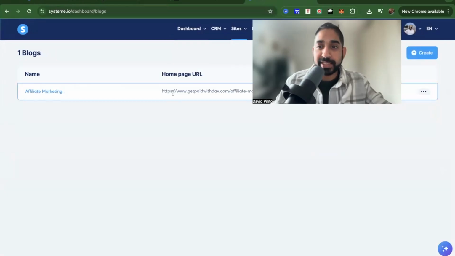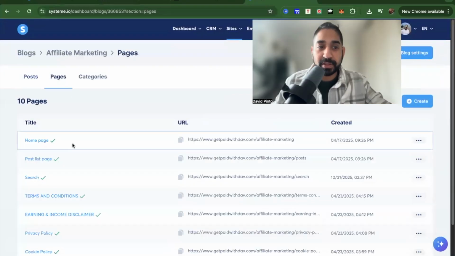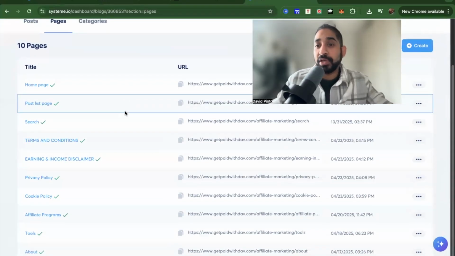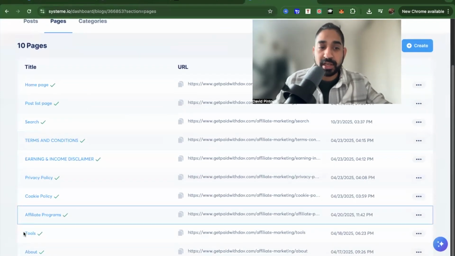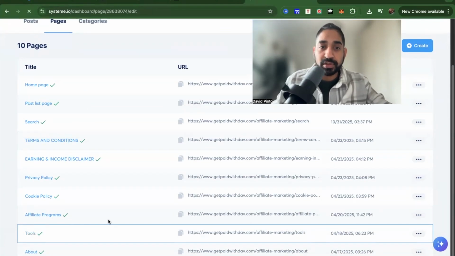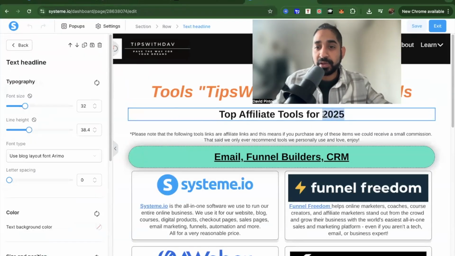So here I am in System.io, and I like doing these things honestly while we speak because at the end of the day it is also a learning curve for you guys. Okay, so just to show you how I'm doing this, I went to sites, I went to blogs, and then I went to pages because this is one of the pages that I use. And you'll see right here it says tools. I'm going to click on tools, and we'll open up in the editor of System.io itself,